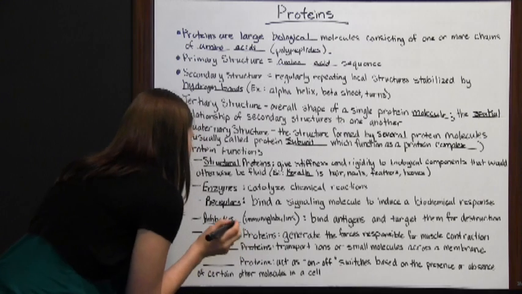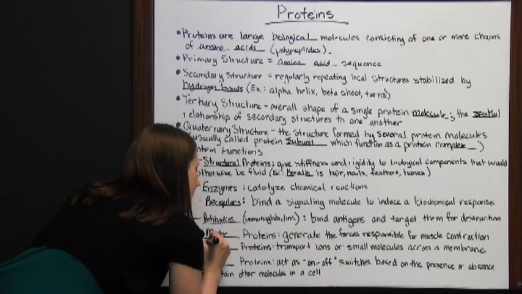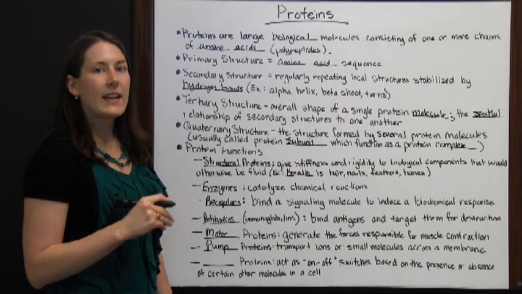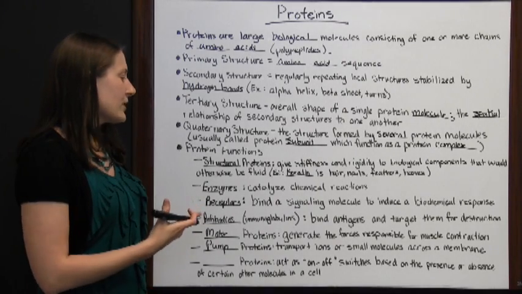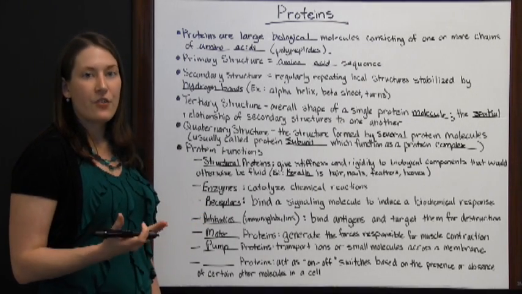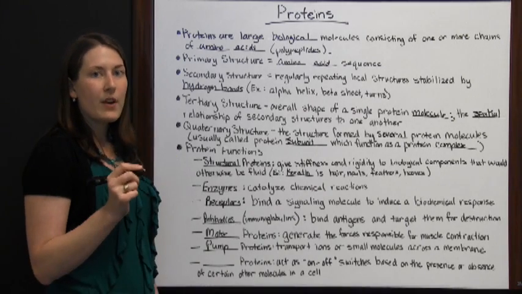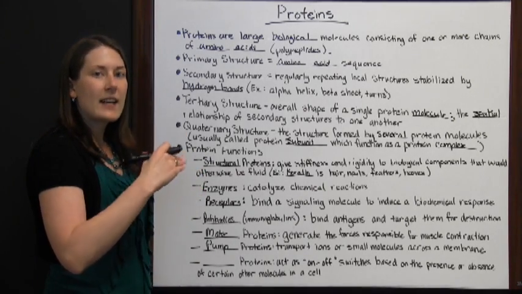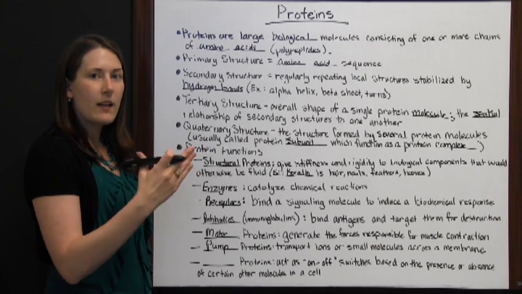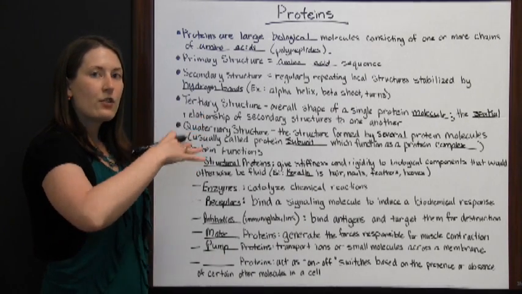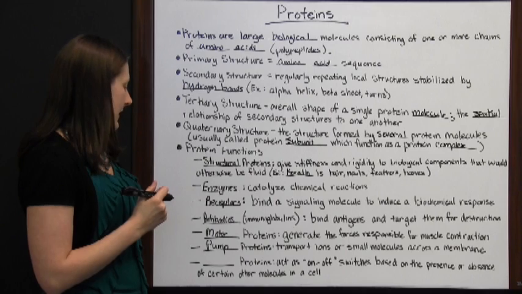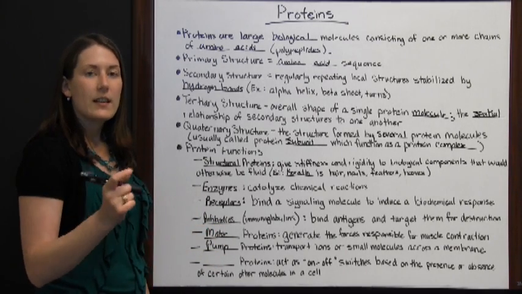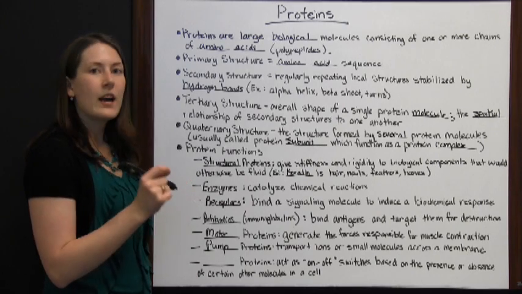Next we have pump proteins. So these are proteins that act as a kind of pump, and they transport ions or small molecules across a membrane. So you've got a cell membrane or an intercellular membrane, and the proteins can act as a pump and push these small ions or molecules across the membrane. And that is their primary function as a pump protein, is just to transport these small molecules or ions across